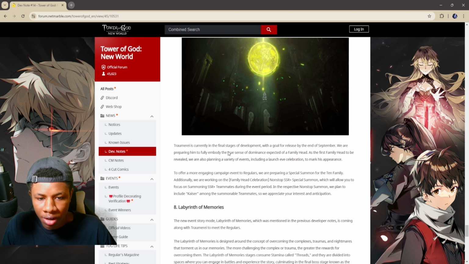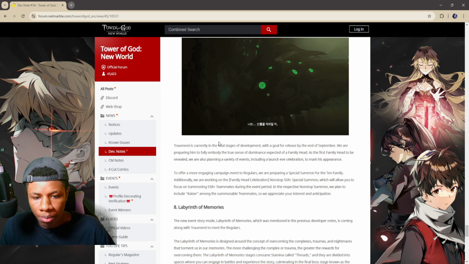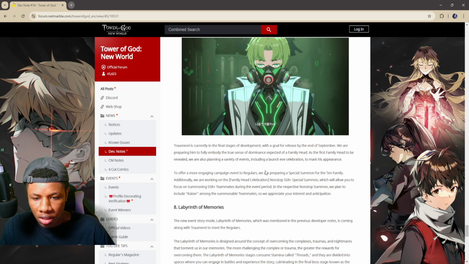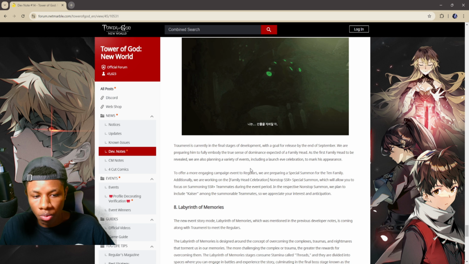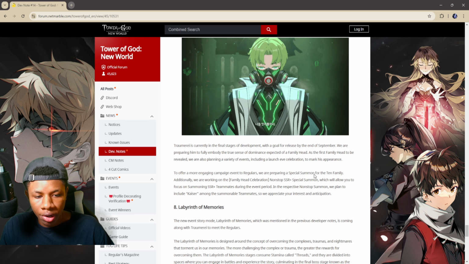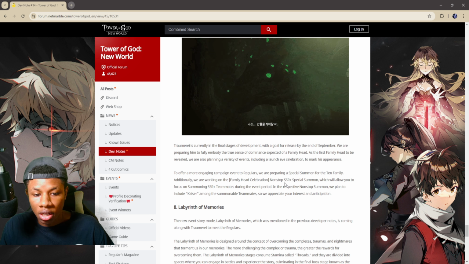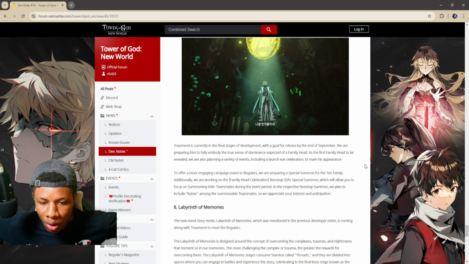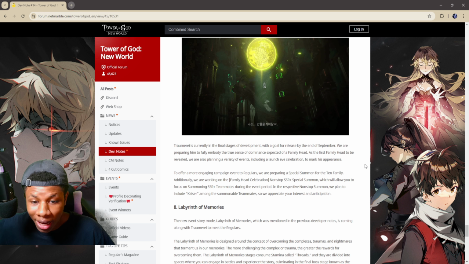Tremere is currently in the final stages of development with a goal for release by the end of September. We are preparing him to fully embody the true sense of dominance expected of a family head. As the first family head to be revealed, we are also planning a variety of events, including a launch eve celebration to mark his appearance. To offer a more engaging campaign event to regulars, we are preparing a special summon for the 10th family. Additionally, we are working on the family head celebration Nonstop SSR Plus special summon, which will allow you to focus on summoning SR Plus teammates during an event. In a respective Nonstop summon, we plan to include